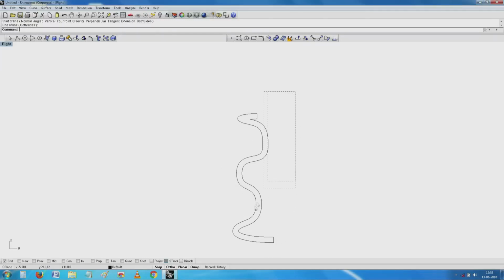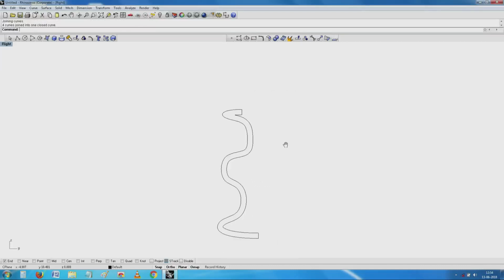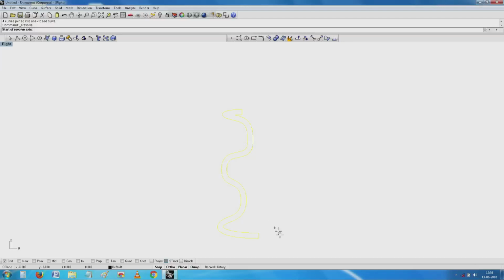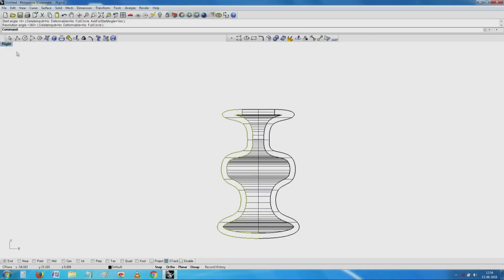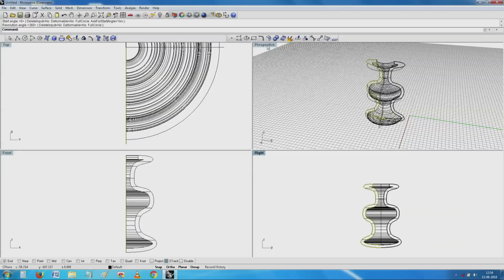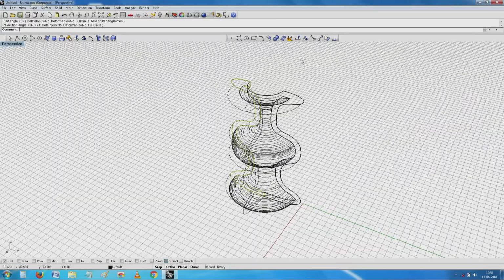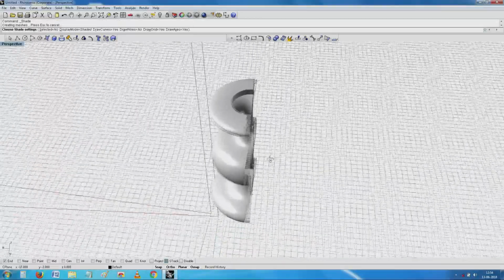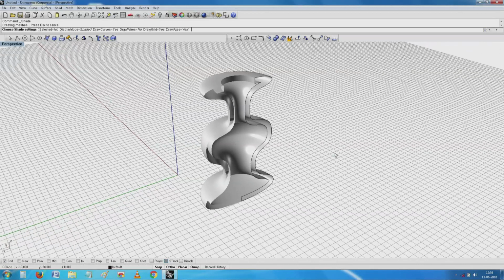I join the lot. This has become a closed curve. And now if I try to make an axis of revolution and make a surface, I have a beautiful half object.